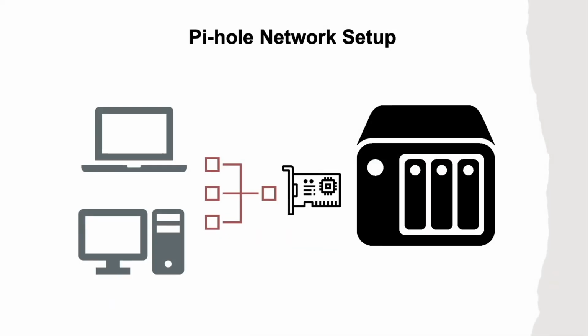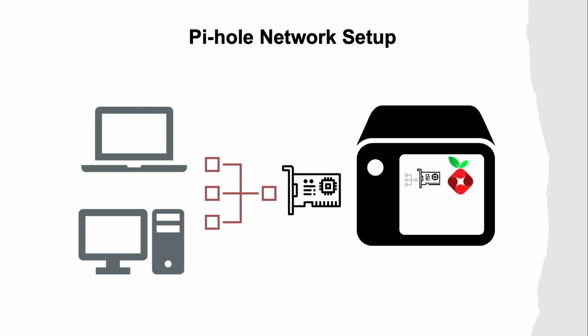To start off, I'd like to go over the networking setup that we'll be configuring for the Pi-hole Docker container that will be running on a Synology NAS. As mentioned in the intro, we'll be using both a MacVLAN network and a bridge network in this setup. We'll use a MacVLAN network because it provides the Pi-hole container direct access to the host network interface. This allows us to assign the Pi-hole container its own IP address on the external network that the Synology NAS